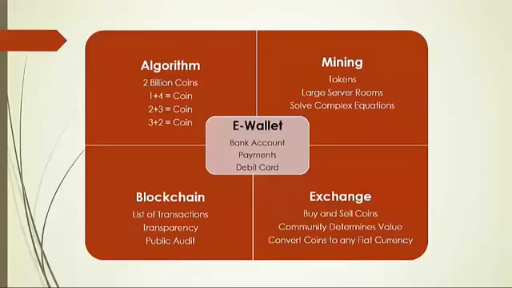And then the other element is we're going to give you some tokens, and each package comes with a different level of tokens. So you're going to turn those tokens over to our mining operation. So that's the second element you need in creating a cryptocurrency. You need a computer bank, a whole bunch of computers to solve these complex mathematical equations to create coins. And so let's say you turn over 60,000 tokens over to our mining operation. You bought our top package, and our mining operation says, based on the current power capacity and needs, it's going to cost you 6 tokens per coin. And you say, okay, here's 60,000 tokens. Well, that equals 10,000 coins.